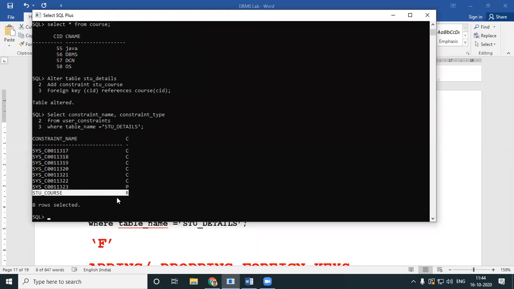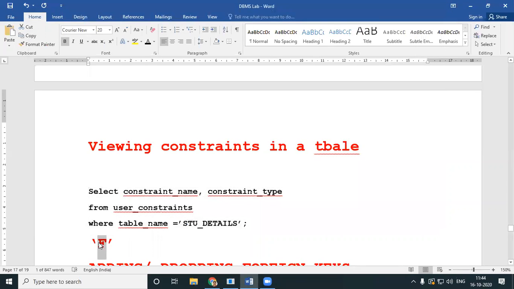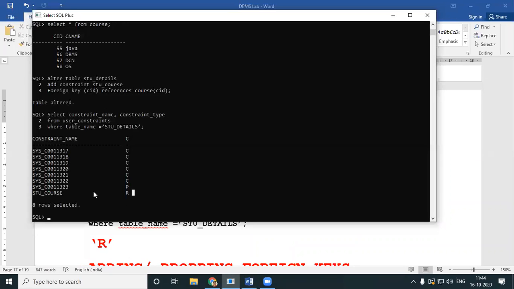You have something called R. R is referential integrity, references. You have your check, you have your primary, and now you have a key for your referential. Which means you have created a referential integrity constraint called STU_course. Now these two are linked.